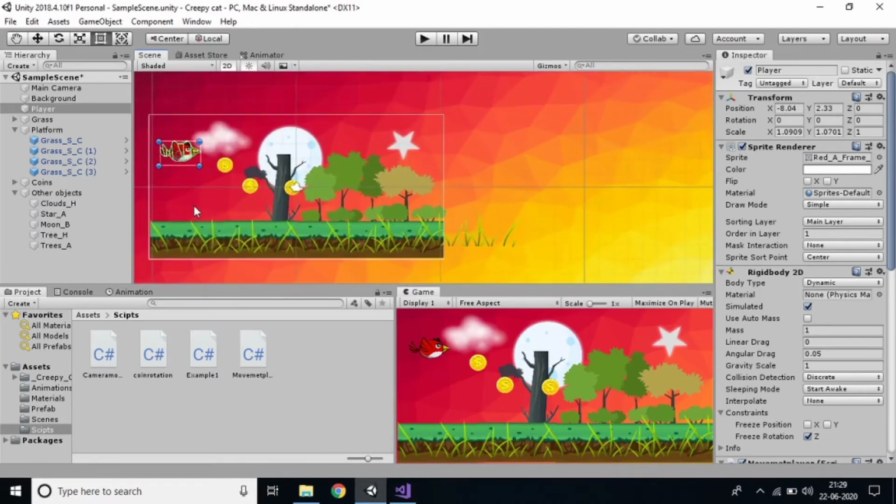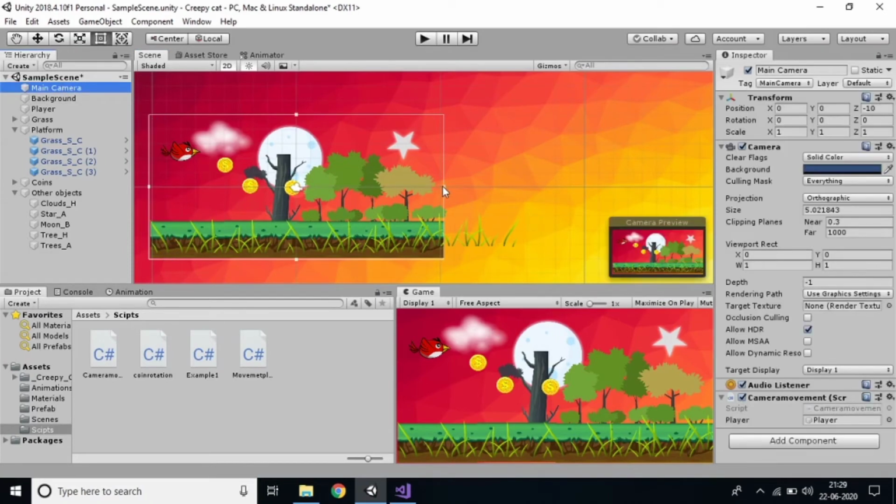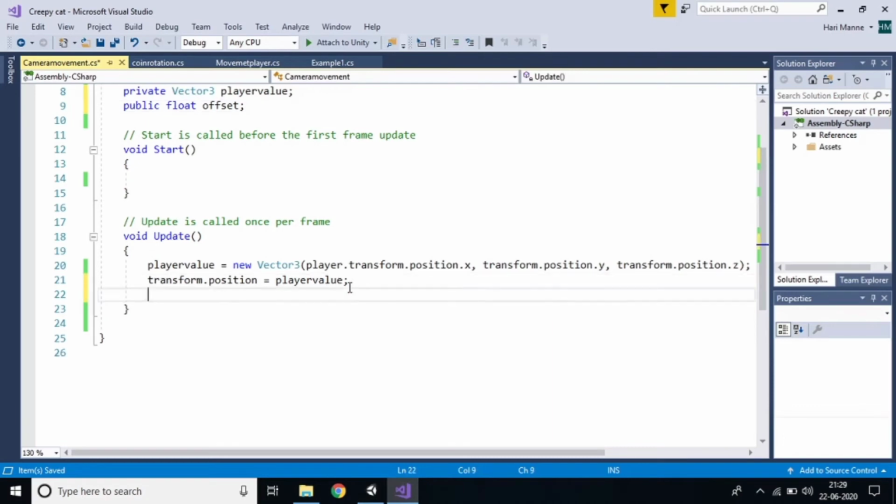So my starting position should be, with the offset value, just like this, and the camera position is like this, and my camera scale should increase, because I want to view just 2 seconds before what is happening. If an enemy is coming, or anything else is there, I want to see it. So I want to move the scale along with the player at first. So this is my task, and for that I'm writing the code.